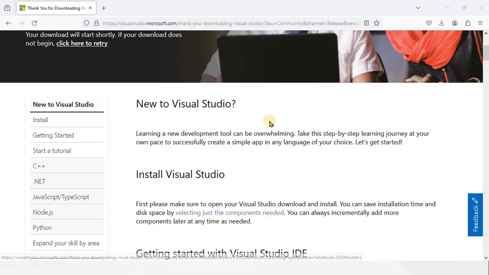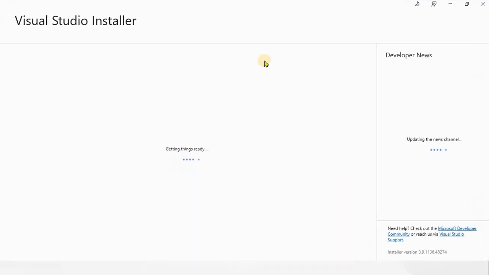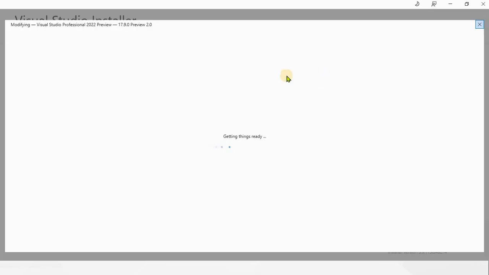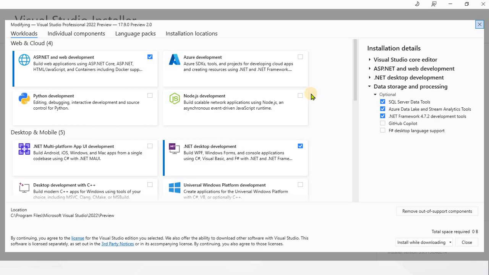If I open it, see here, it is installed. I have installed Visual Studio Professional 2022 preview. This is the version 17.9.0 preview 2.0, which I have installed here, right? If you see Modify, Launch More, if I click on Modify, see,